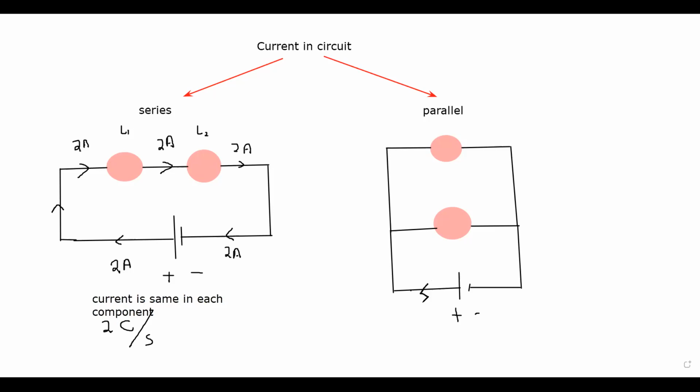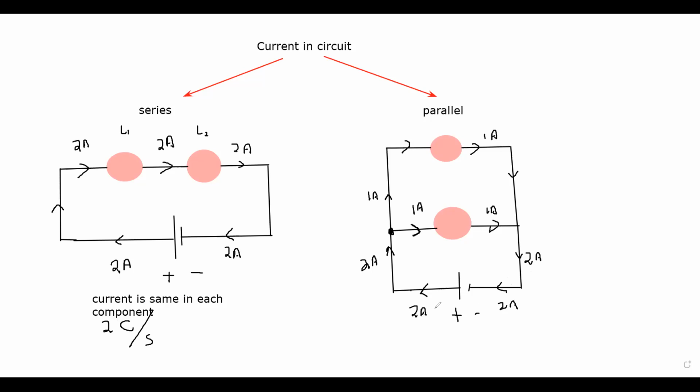For example, if 2 ampere is entering, the moment it reaches this point, a junction or intersection, what will happen? Now the current has two paths to flow. So some of the current will flow through path 1. For example, if 1 ampere flows through the first path, how much remaining current? Out of 2, 1 ampere is left, and that will flow through the other path. So 1 ampere, this is also 1, and when they return, 1 ampere plus 1 ampere, the total 2 ampere